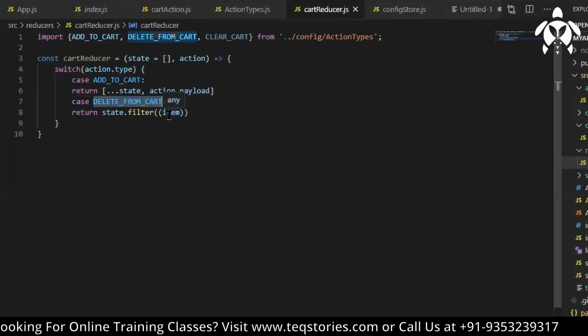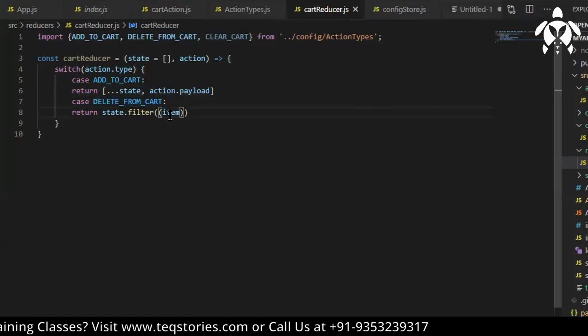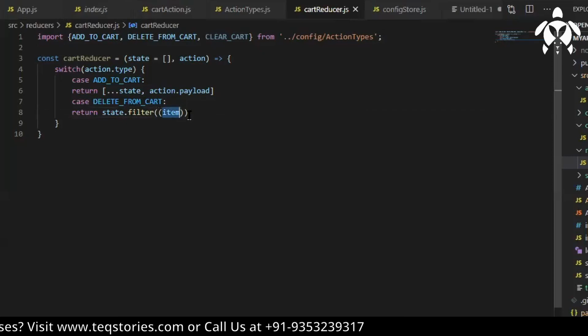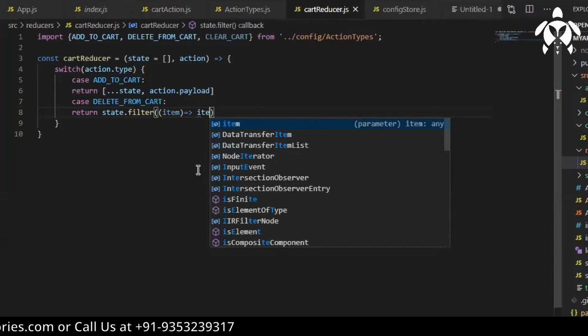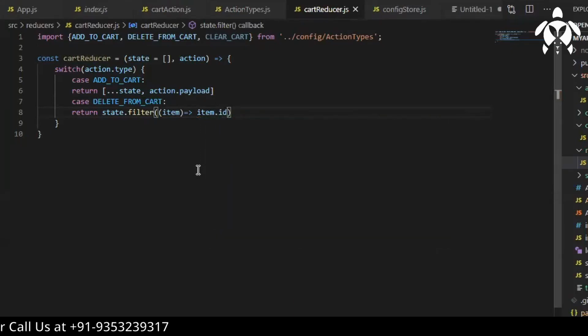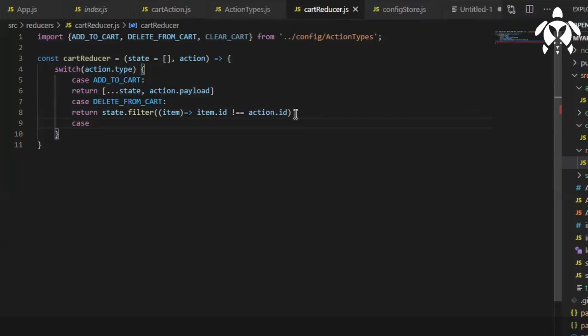When you take this action, you will be passing some item, I mean, the ID you will be passing from there. You have to take out the ID, so you'll be writing item.id not equal to. Then we'll have another case, that is clear cart. In clear cart, we'll have to return an empty array.